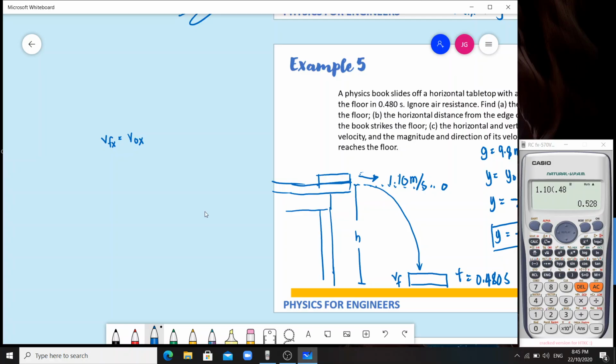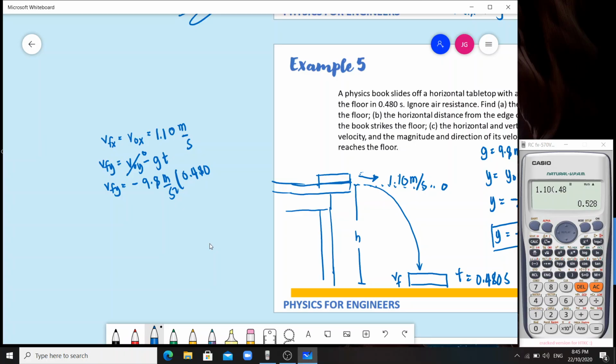Wala tayong acceleration. So, 0. So, ang VOX natin ay 1.10 meters per second. Okay. Now, ang VFY natin, ito yung magbabago. Diba? VOY minus GT. Wala tayong initial velocity na vertical, pero meron tayong acceleration na negative 9.8 meter per second squared at